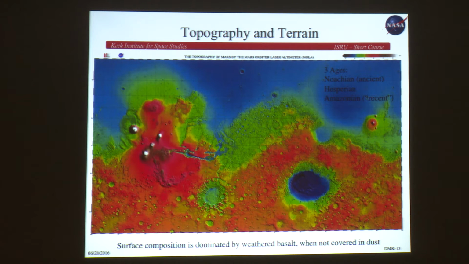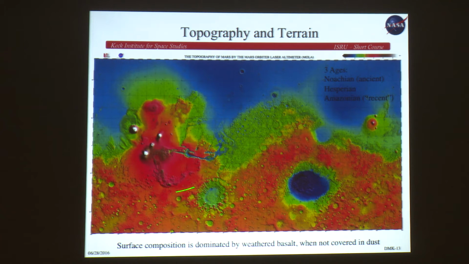For those of you that aren't familiar, we divide Mars's geologic history into 3 ages. We have the Noachian, which is the ancient age. This is mostly this cratered highland in the south that is the Noachian terrain. We have a Hesperian or intermediate age, and then we have an Amazonian, which is the recent terrain, which is primarily the northern plains up here, which are relatively low-lying. Note that when I say recent for the Amazonian, this covers several billion years. The Amazonian stretches, depending on who you want to talk to, 2.5 to 3.5 billion years. So it is a lot of the history of the planet when we're referring to Amazonian.